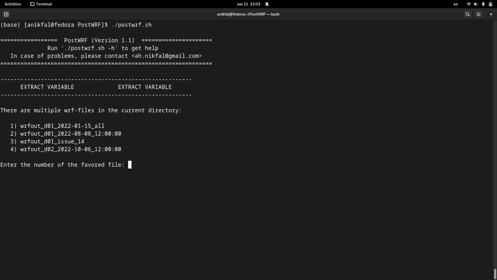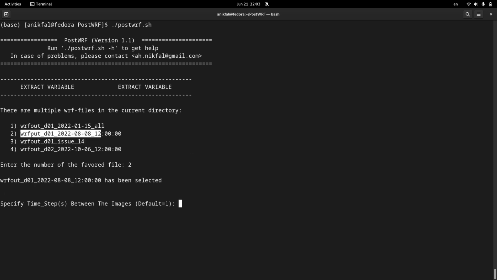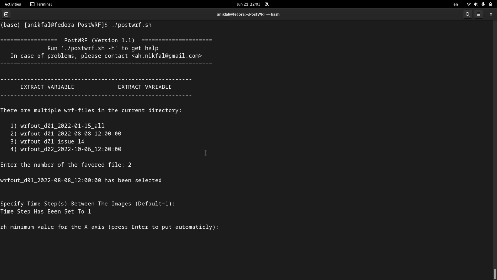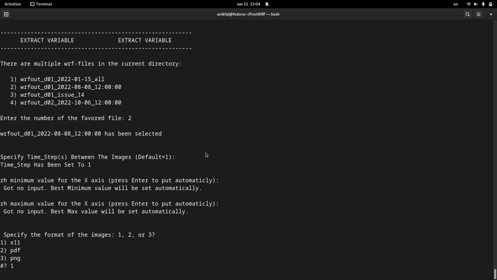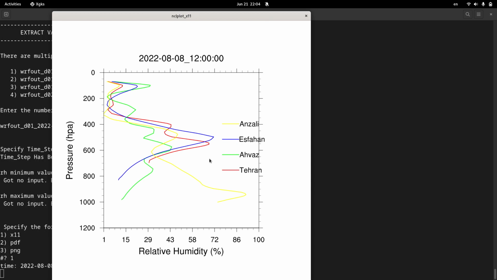Okay, let me just run it again. Number 2 and number 2, which was for this WRF output. Time steps, I push enter. I want to get all time steps. Minimum value, I just push enter to let it calculate the minimum value. For the maximum value, I also push enter to let it calculate the maximum value. And for the format of the image, I again choose the first one, which is X11, and now it shows me